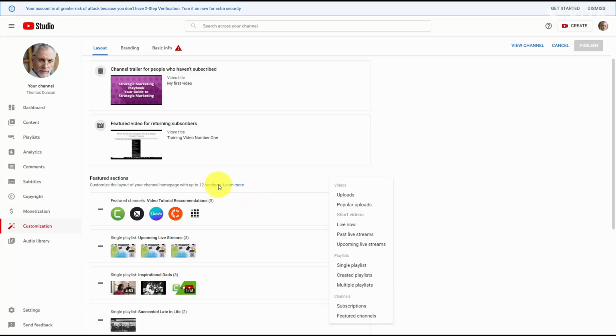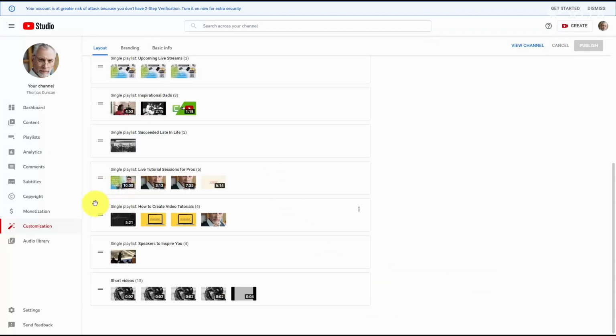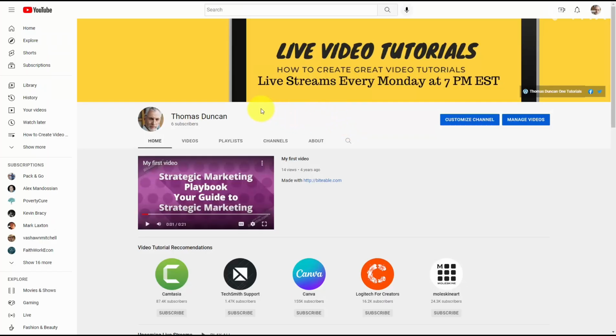sections for your channel. If you have related channels that you want other people to see, you can create a section of your channel homepage for featured channels. And you can move the elements on your channel where you want them to be. So what you want to do is to make sure that your channel is going to be branded at a glance in the way you want it to be, and you can control all of those factors here inside the